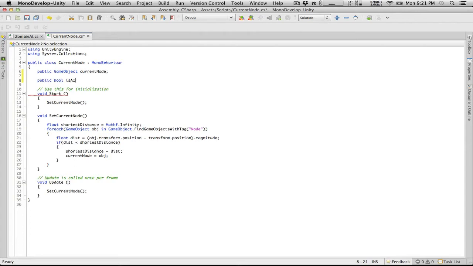Is AI is what I'm going to call it, because is player would work. We could work with that, but the truth is all AIs are going to want to use more down-to-earth node-to-node logic, and the player is not going to be bound by that. So is AI, I think, is a more descriptive term. Oh, absolutely. So is AI, and I'm going to default it to true, because we're going to only have one player, and so defaulting it to is AI true is more useful as a default value. No, I agree. So we're going to go ahead and change this to